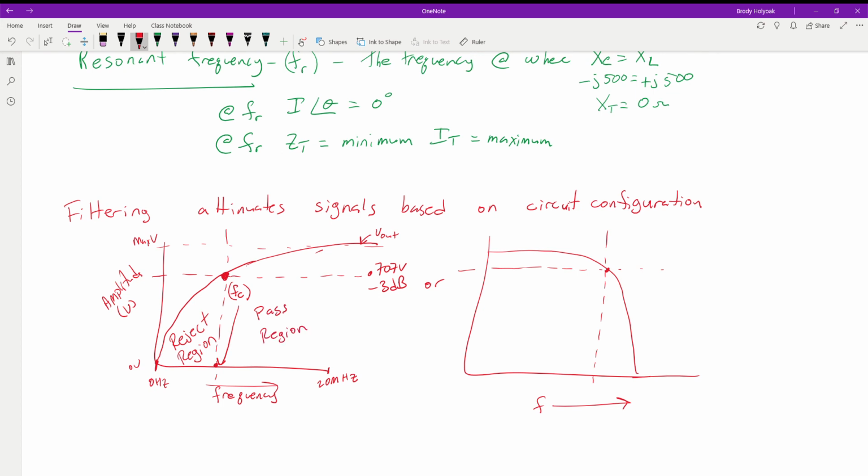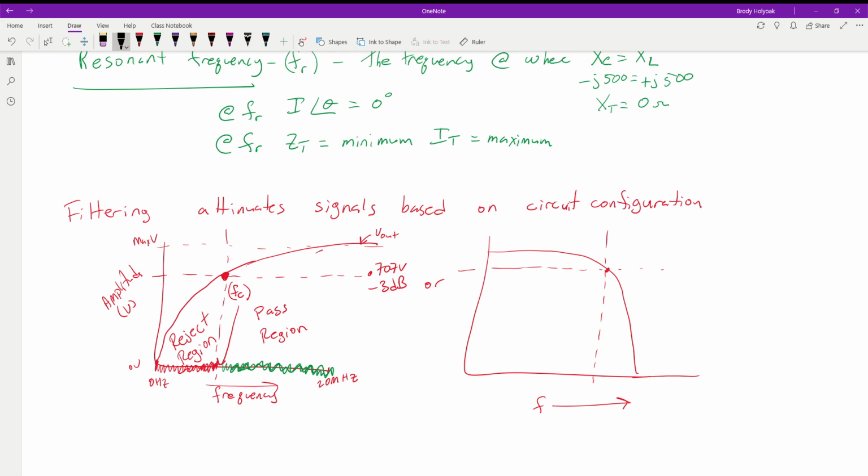Okay, so we have our V out, we have our critical frequency, and we have the area of frequencies that we want to reject. Anything in this region right here, we're going to reject, and anything in this region, we want our circuit to pass, without changing or attenuating it at all. There'll be a little bit of attenuation here, but not enough to make a difference. And the farther out it gets, it gets up to the maximum voltage and goes on forever. So we have our pass region, our reject region, our frequency range down here at the bottom, which is our x-axis, and our amplitude or voltage range, which is our y-axis.